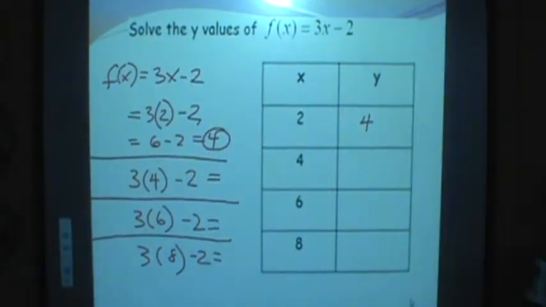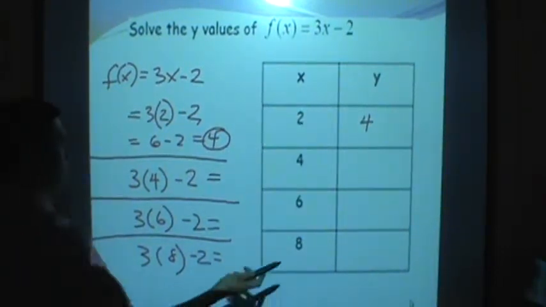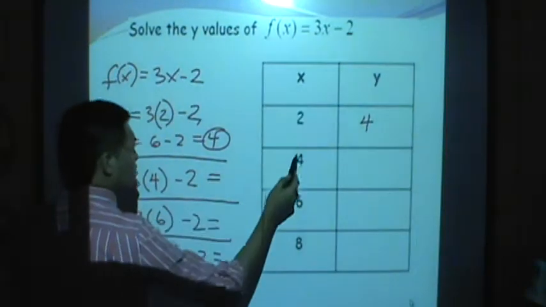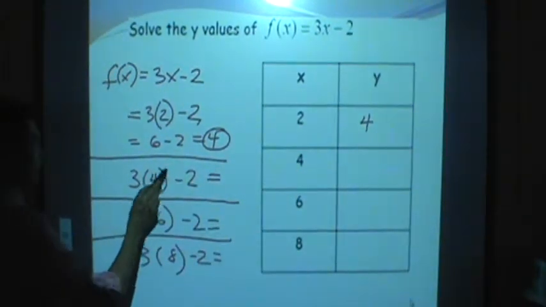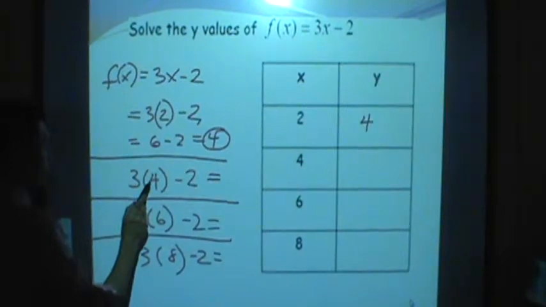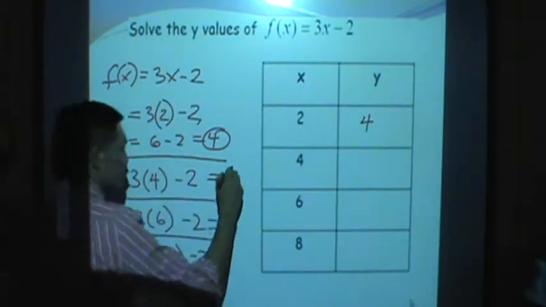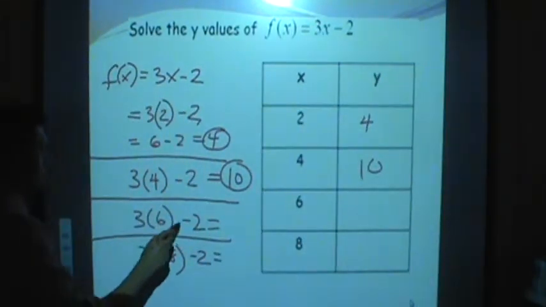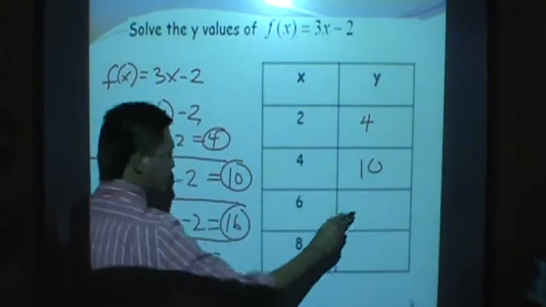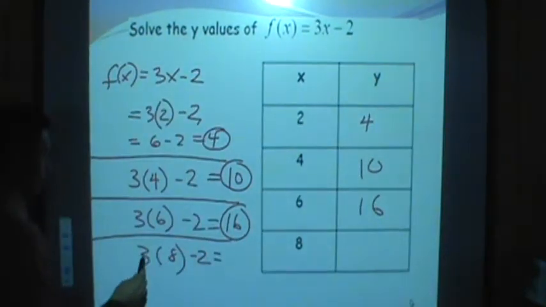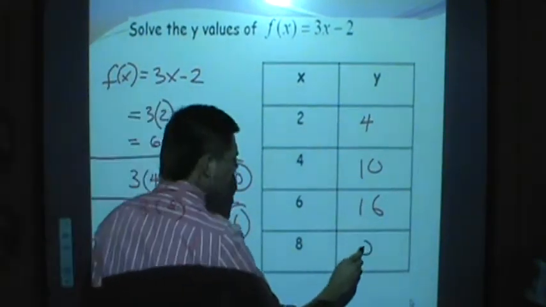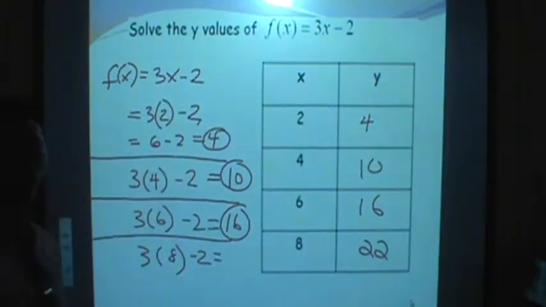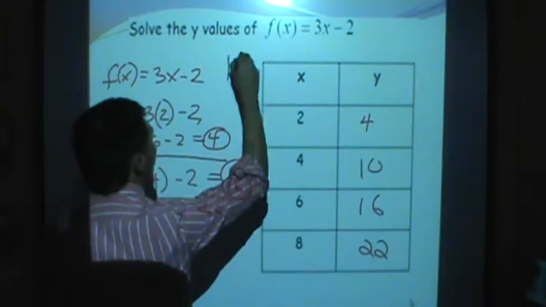Okay. To solve for the y given the x of 4, after plugging in, multiply 3 and 4, that's going to give you 12, minus 2 is 10. 18 minus 2 is 16. And now we have 24 minus 2 is 22. Okay, that's about it. Now, if you want to use your calculator, just press y equals,